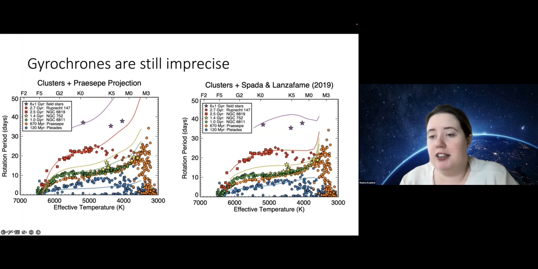There's still a lot of uncertainty in these gyrochrones when we're trying to infer ages of the stars in the real data, because there's still a lot of physics that we don't really understand about how the rotation is being influenced at each distinctive temperature. So we need to have much more data, either in order to construct empirical gyrochrones or in order for us to better calibrate these theoretical gyrochrones. And we can't really do that with Kepler. I mean, Kepler is no longer operational anymore. It can't really produce any more data.